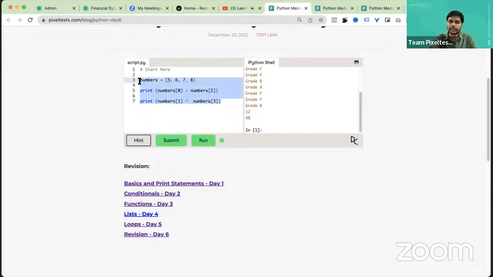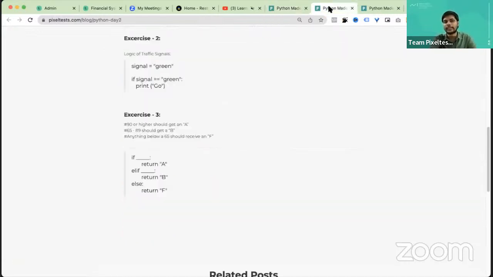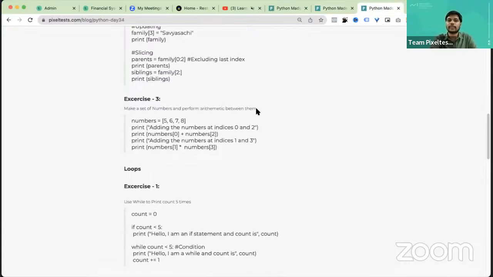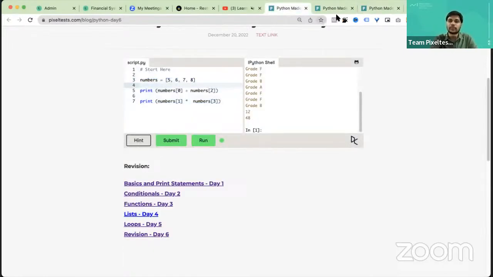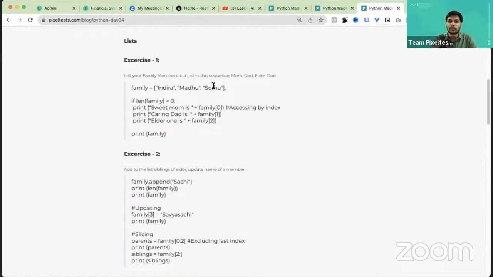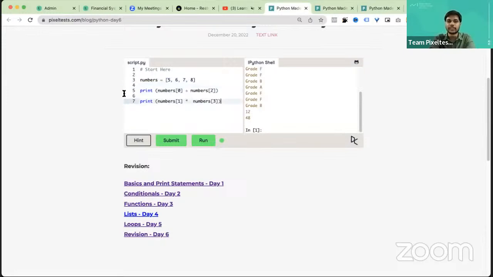So we can do a lot with lists, but this is what we've covered, and another detailed exercise also to work with lists of text, right? So you can even have lists of text. Let me go ahead and give you an example of the same. So we had one list called family which had different strings, and if you are going to print that,